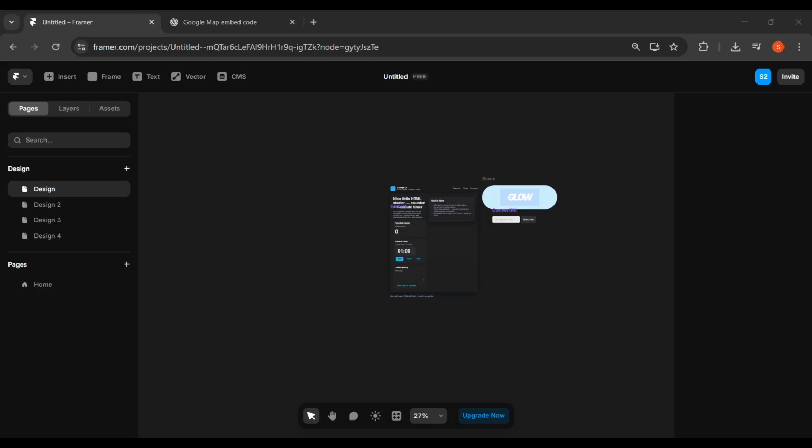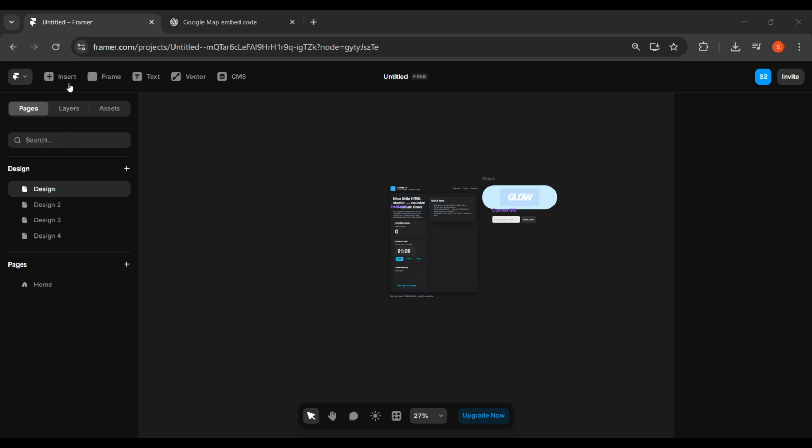In this step-by-step tutorial, I will teach you how to embed Google Maps in Framer, a tool popular amongst designers looking to create interactive high-fidelity mockups for web and mobile applications. Let's dive right in. The first thing you need to do is locate the Insert option that's usually positioned somewhere